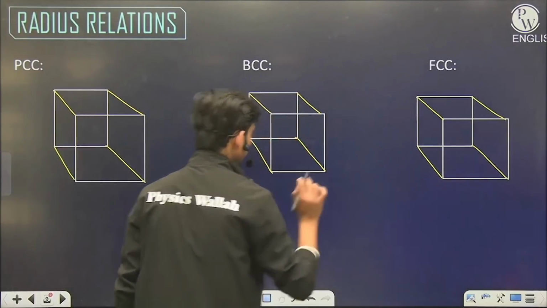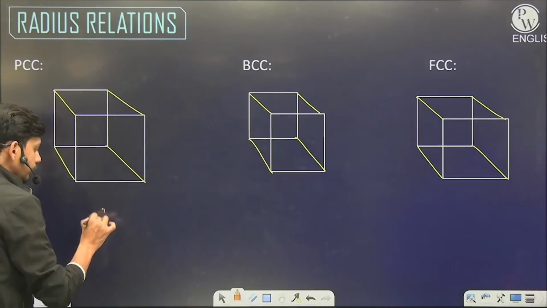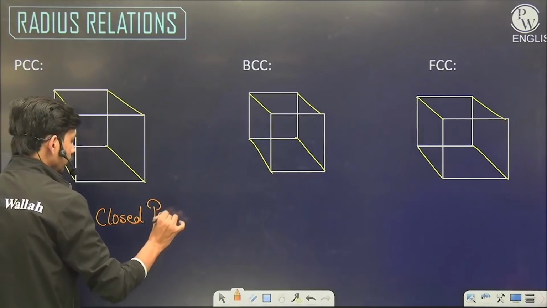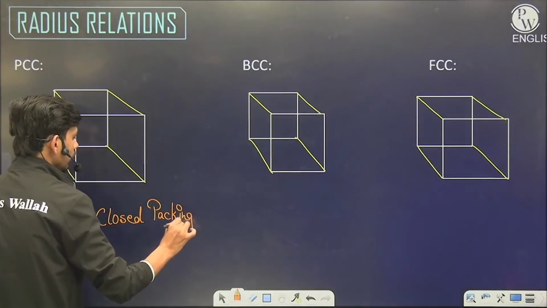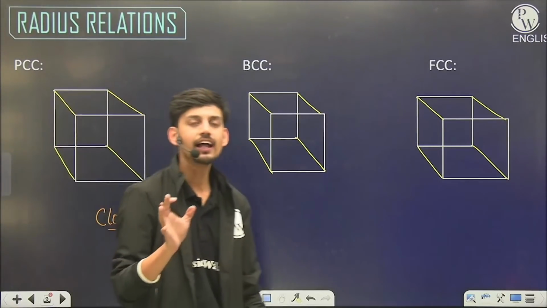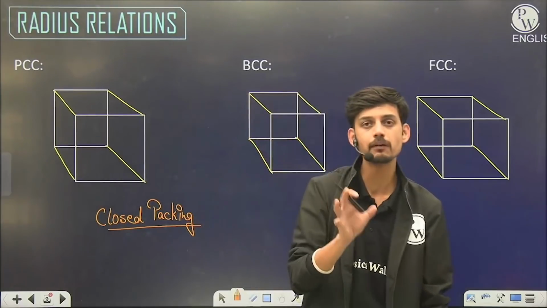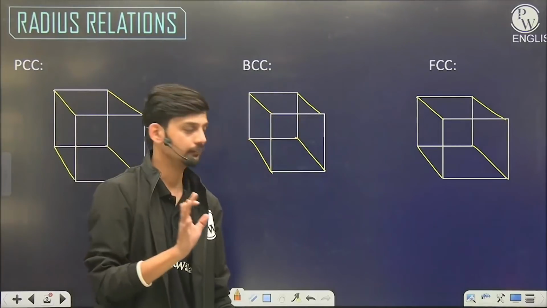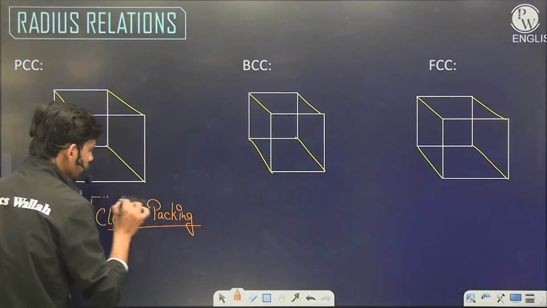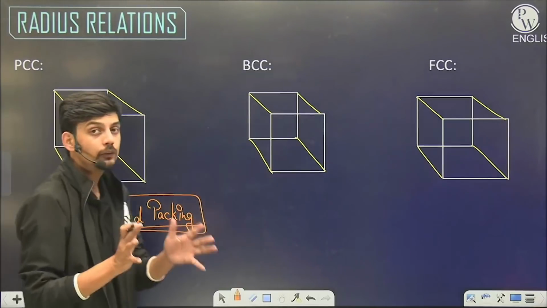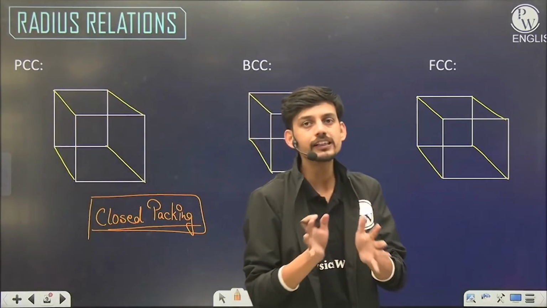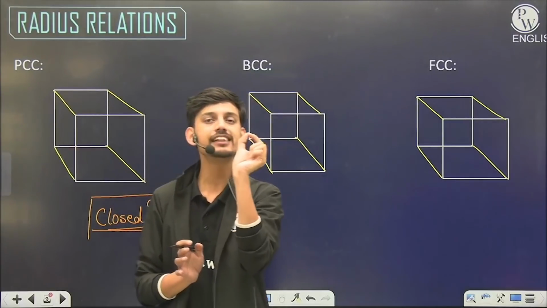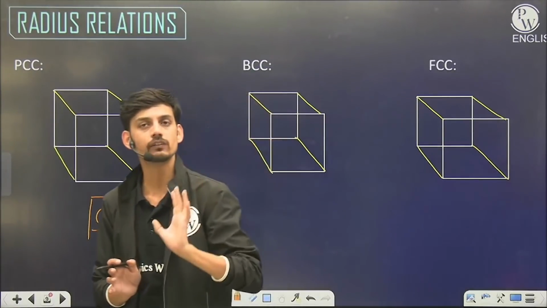So beta, first of all we assume a closed packing approximation. Closed packing means all the nearest neighbor atoms, which have minimum separation, will be in contact. Those atoms will be touching each other. So in the approximation of closed packing, we assume the solid to be tightly packed or closely packed. 2 atoms which are closest to each other will have 0 separation. We assume the separation to be 0 in simple words.